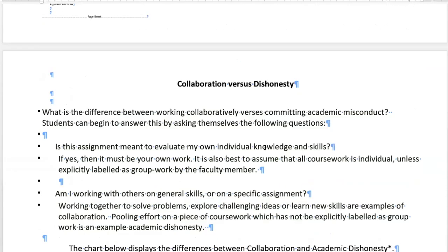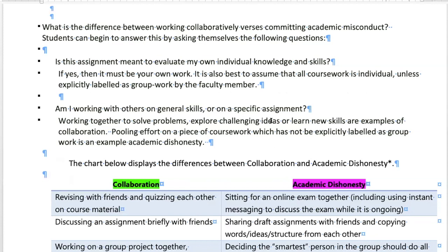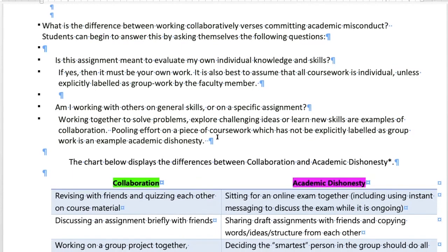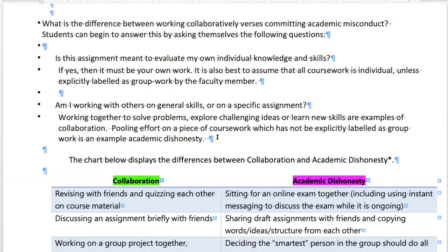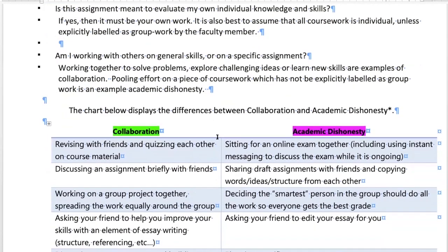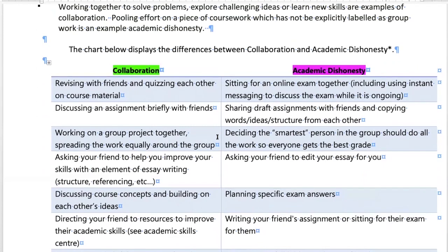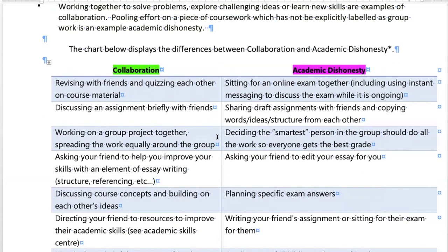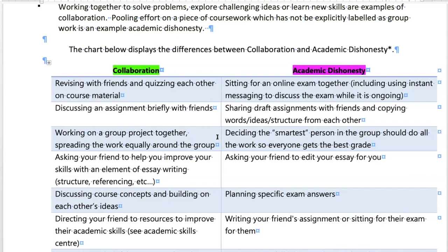Then this one was just sort of released to us by the Vice President of Student Affairs, based on the fact that a lot of students are not dishonest, but they don't understand the difference between being dishonest and collaboration. So this particular page makes clear what is collaborative learning and what is dishonesty. So you want to read this because, if you are passing work as your own that someone else did, or you're copying from somebody, or stealing answers, then that definitely falls into the realm of dishonesty.